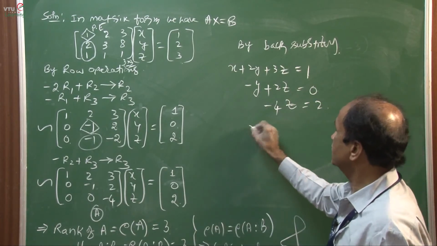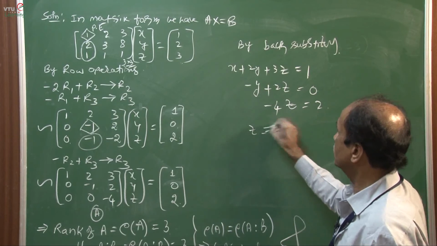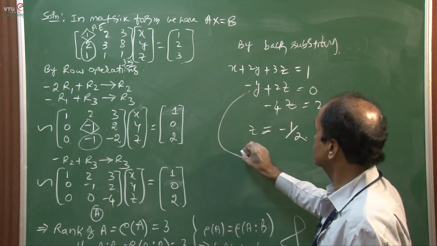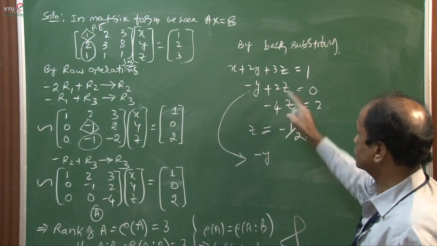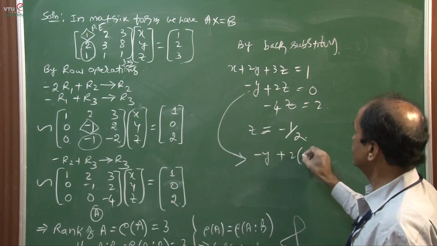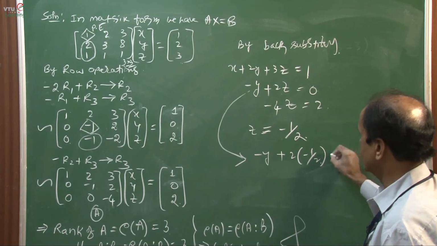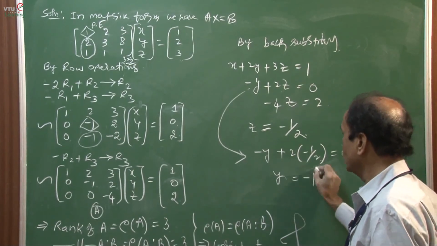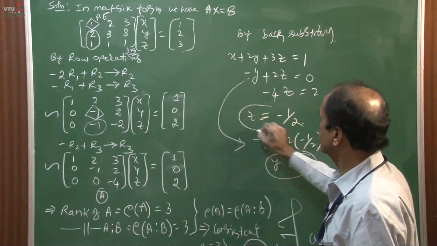Therefore, z is equal to minus 1 by 2, and substitute this: minus y plus 2 into minus 1 by 2 is equal to 0,